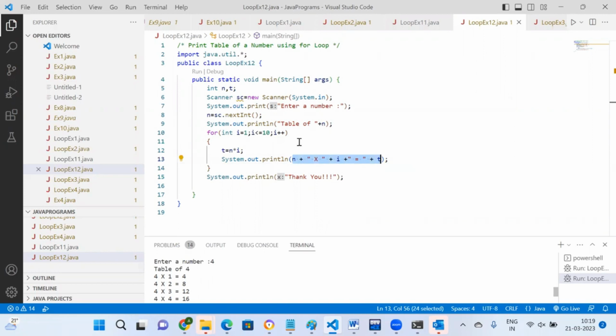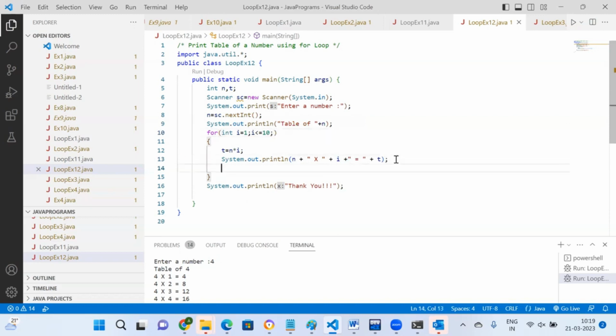So in this program, we are printing the table of a number, but the output is formatted, and the concept that we are using is that of a for loop. In for loop, again, we try to understand that the three statements are used in the same line: i is equals to 1, then i is less than 10, then i plus plus. Now, suppose we put it here,